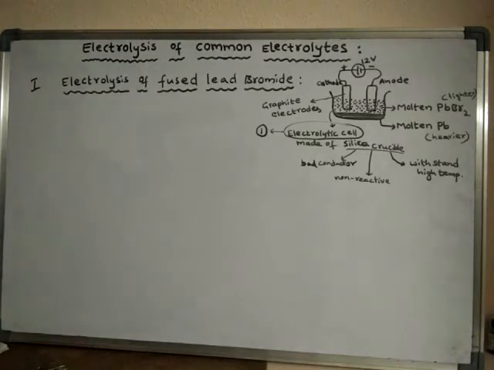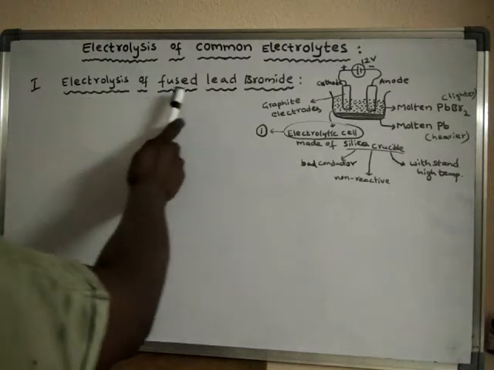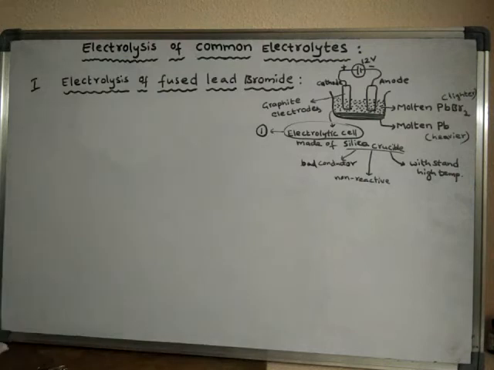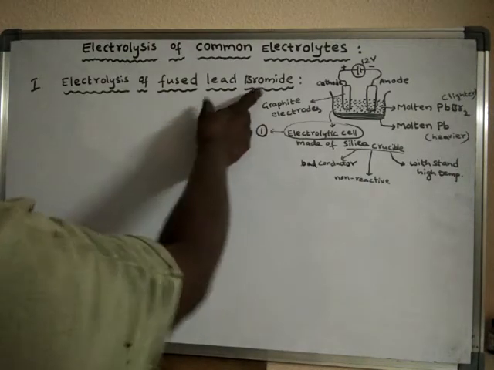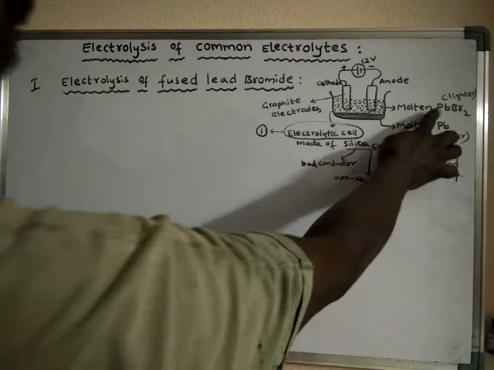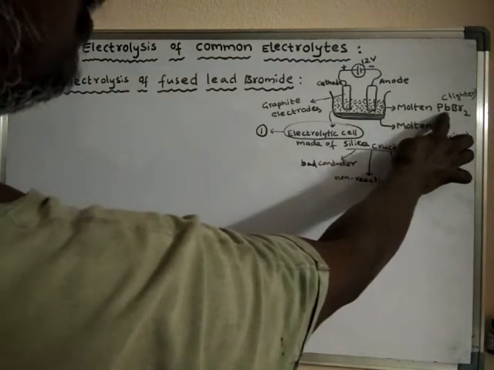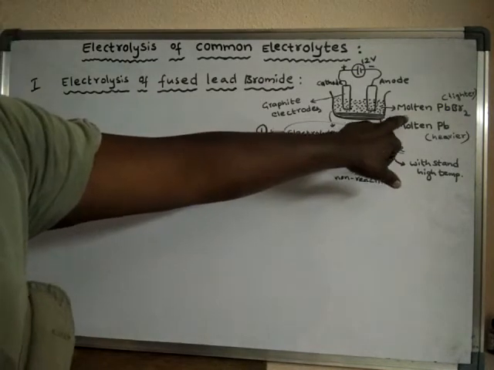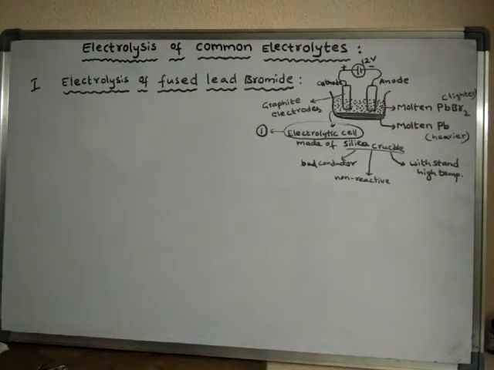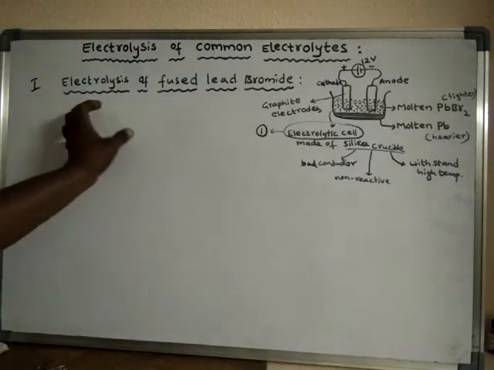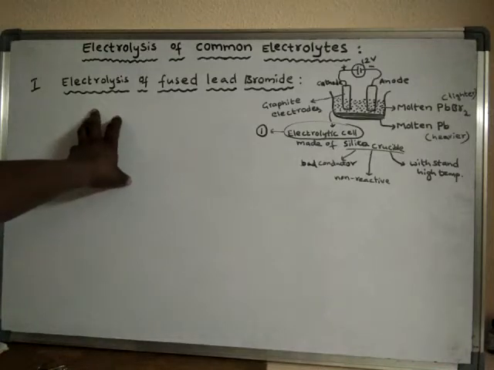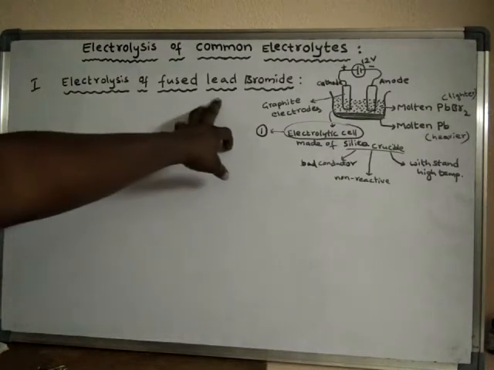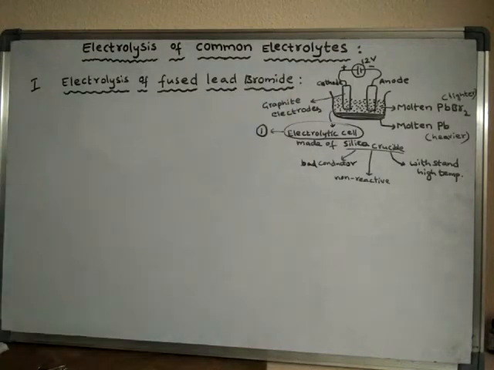First of all, we will learn about the electrolysis of fused lead bromide. What is the formula of lead bromide? It is PbBr2. What is the meaning of fused? Fused means molten, molten lead bromide. So for the electrolysis of this substance, that means molten lead bromide,